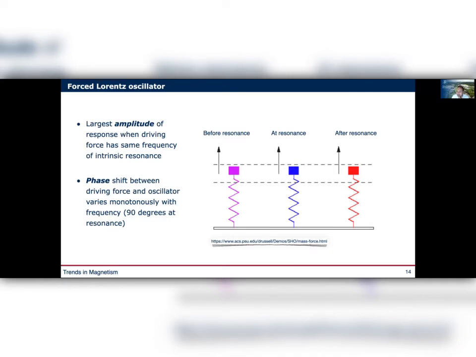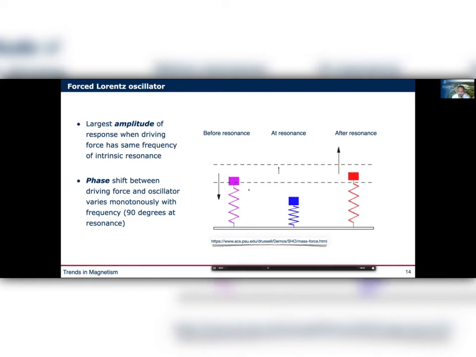And the idea is, this is a physics 101 course, so in mechanics, the idea of a mechanical oscillator. If you are below the resonance frequency, you have an oscillation between the driving force and your spring, in this case, which is mostly in phase and of small amplitude. If you're at resonance, you get the largest amplitude and a 90 degrees phase shift. And if you're after, then the amplitude goes down again, and you are completely out of phase.